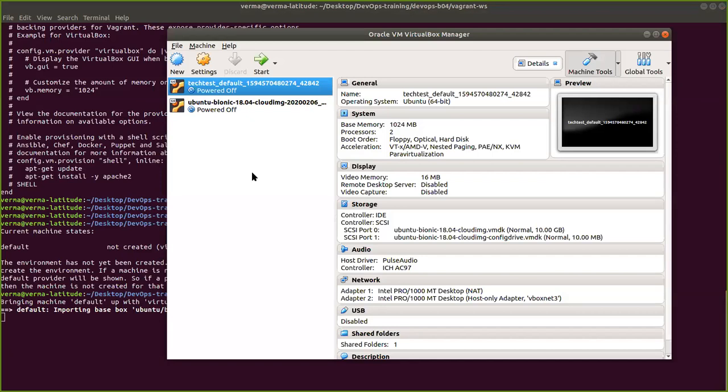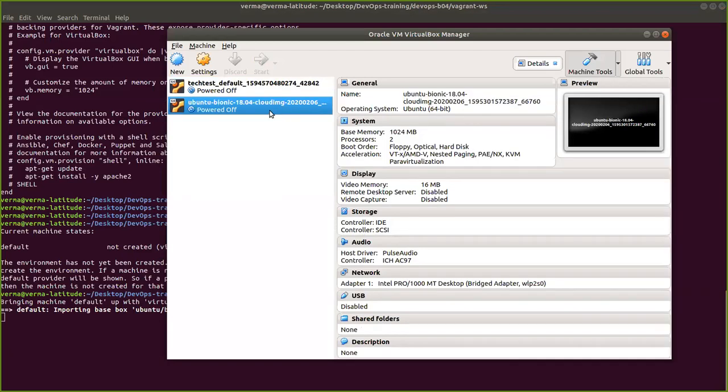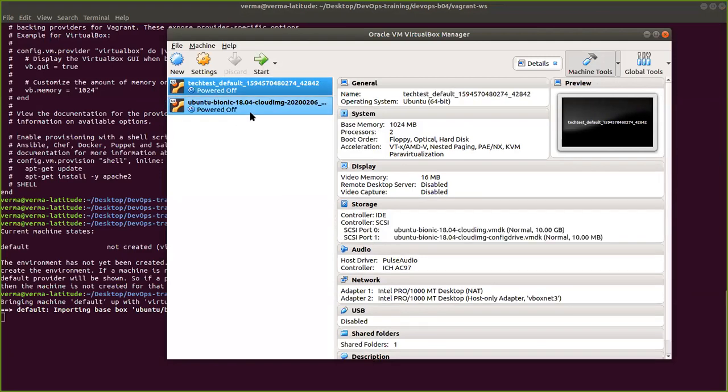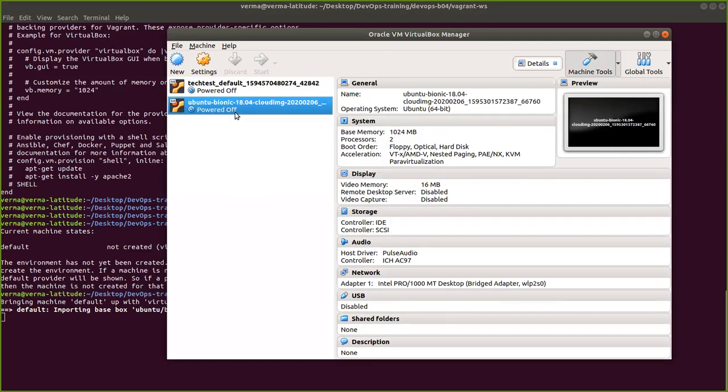You can see it is creating the machine. It is in powered off state right now, and the time you can see is 8:49 a.m. That is my time.